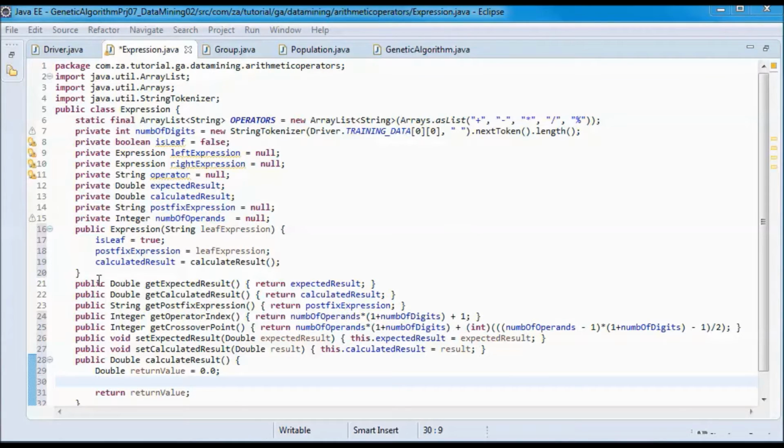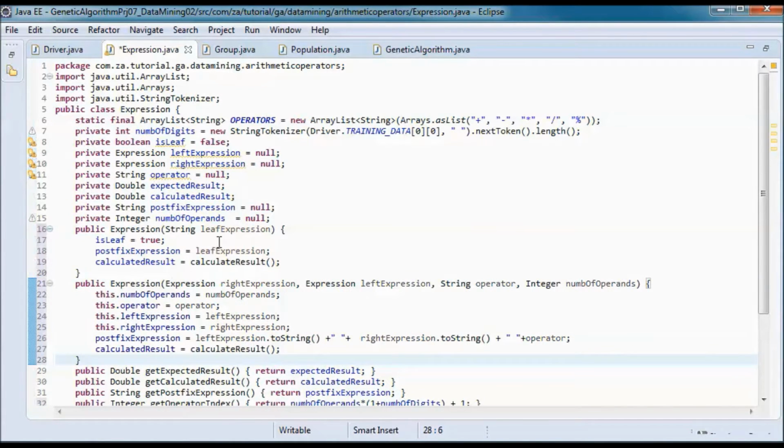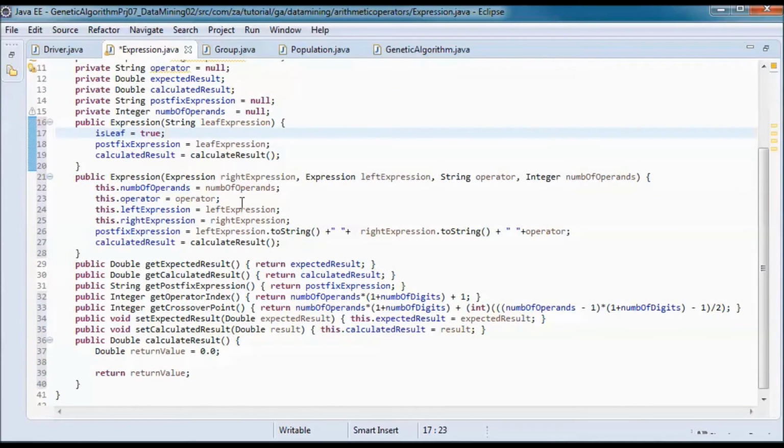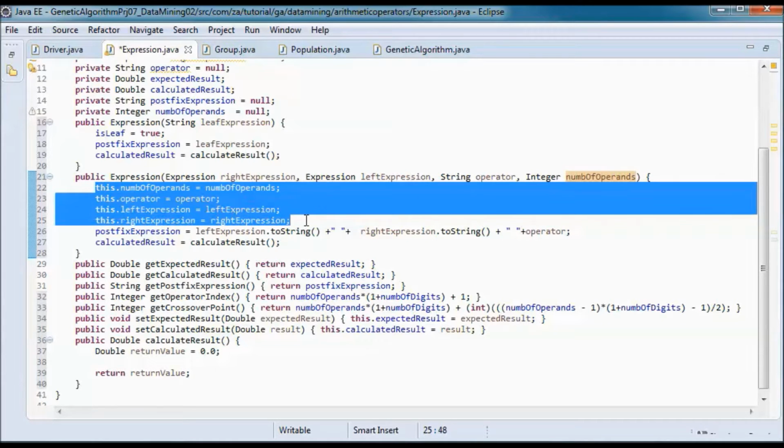And in case it is a non-leaf expression, we will be using this constructor that takes in a right expression, a left expression, and an operator as a string, and for convenience a number of operands. And we set those here.